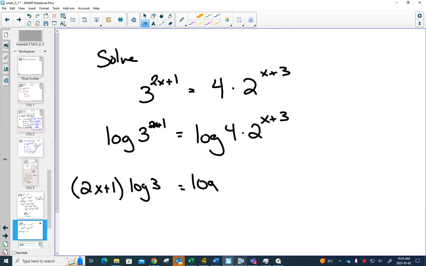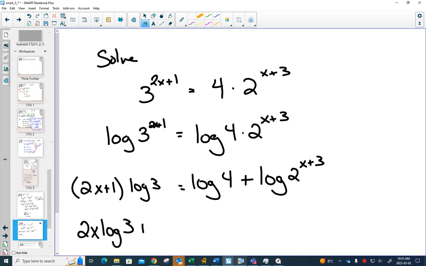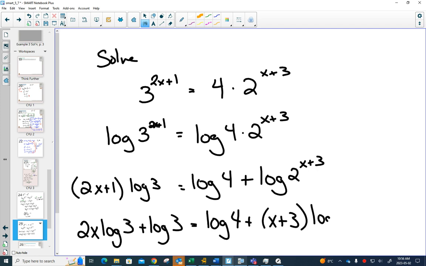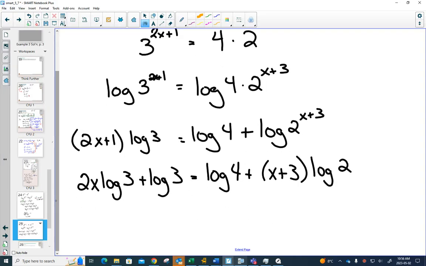So we have to use our log law first, saying multiplying is adding. And then